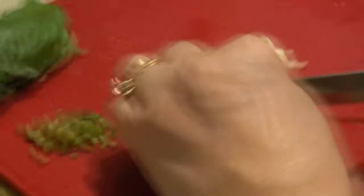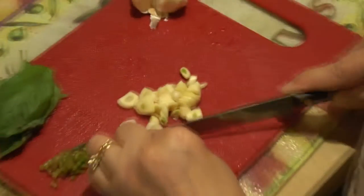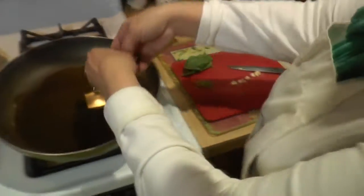We have used 3 cloves of garlic, so a medium-sized clove of garlic. This recipe is really, really easy and really, really simple. It's very delicious. Our garlic bulbs. And we cut up about